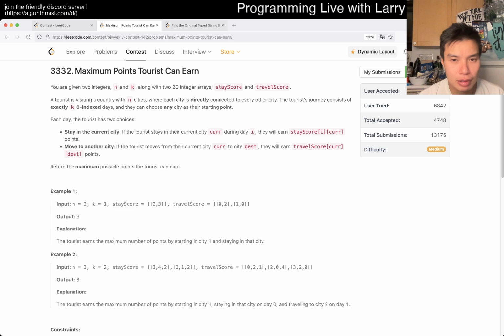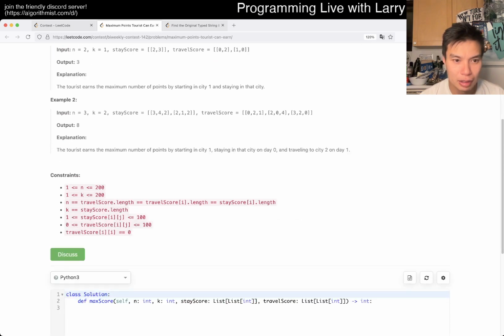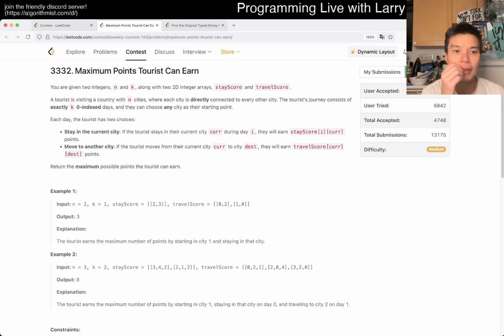You're given integers n, k, stay score and travel score, and cities 200, 200. Country of n cities, and okay, so there's an n square graph.